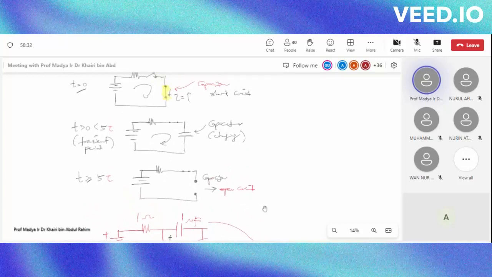Okay. So why then do we have capacitor? Finally, why then do we have capacitor in a circuit? If you know that, after a while it becomes open circuit, like it's got no use, right? It seems. Apart from charging and replacing battery, why do we have capacitor? Is because